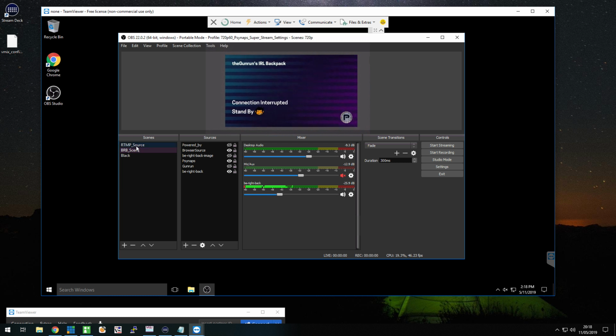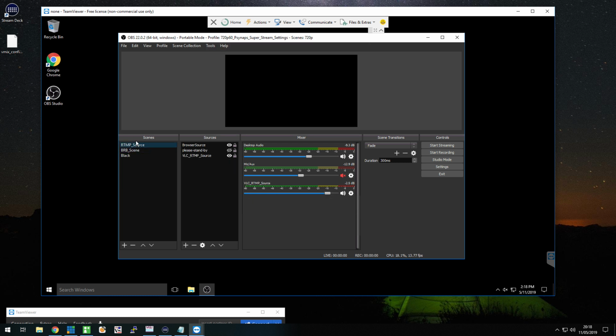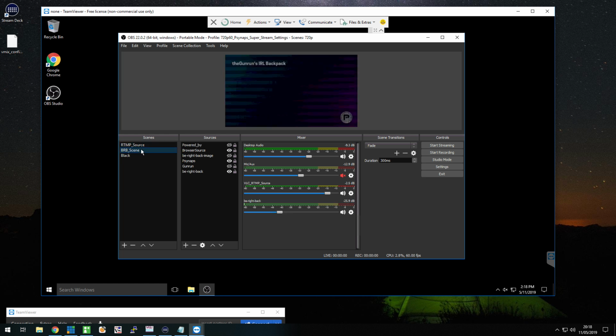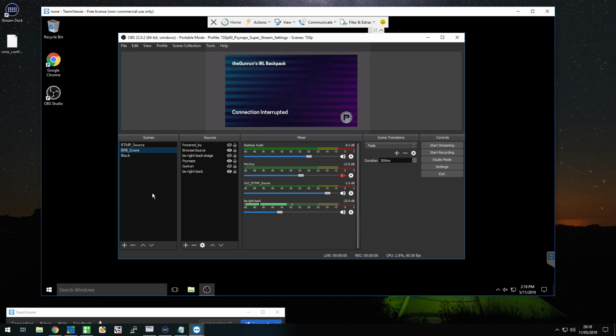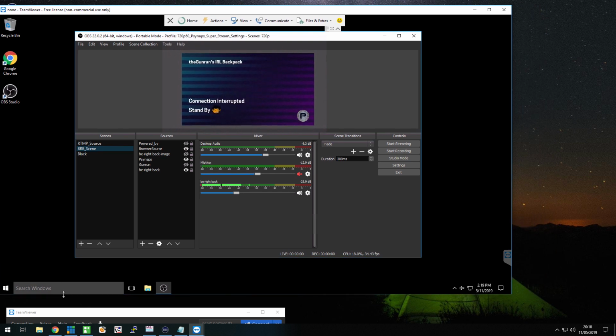So what happens is, once you, for instance, have a camera connected, then the RTMP system is coming in. And after a while, if your camera for some reason is not working, it will automatically go back to the Be Right Back screen. And that's all taken care of by